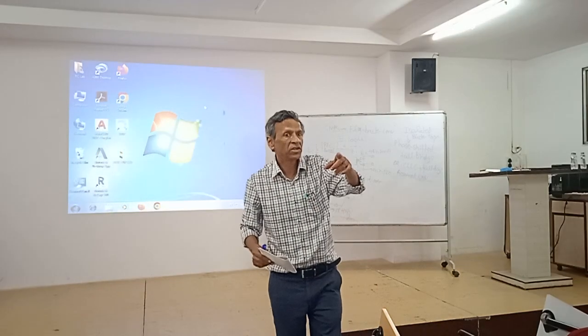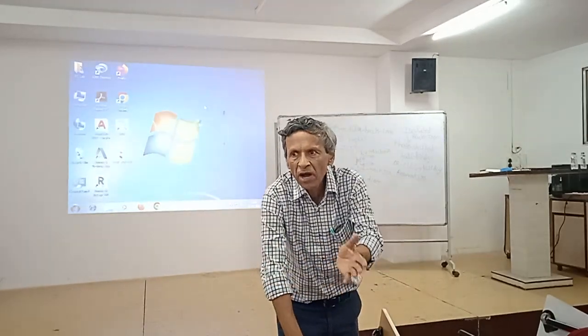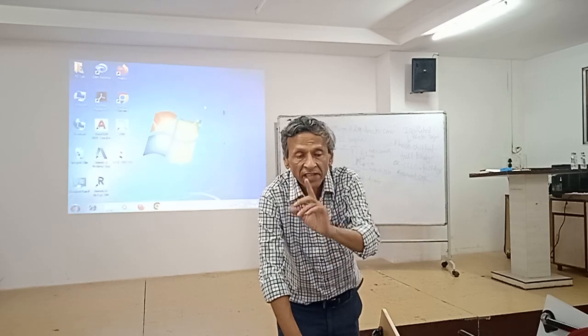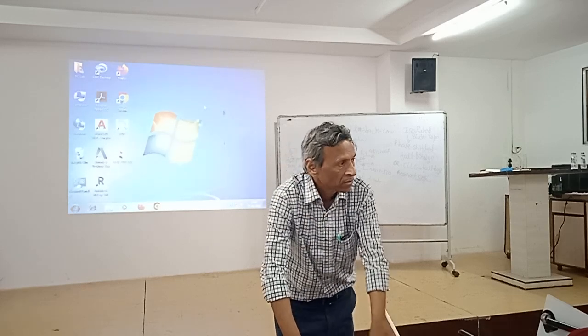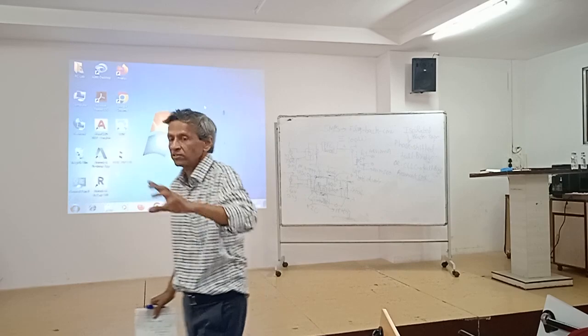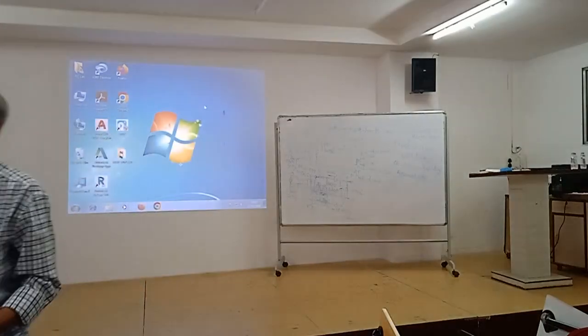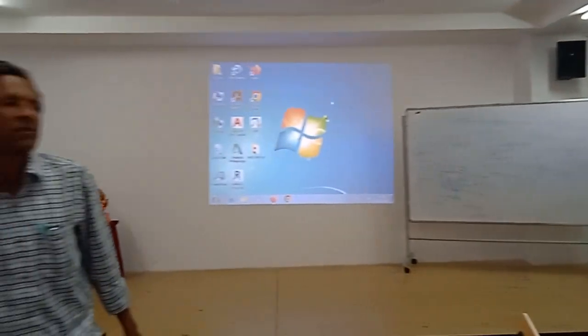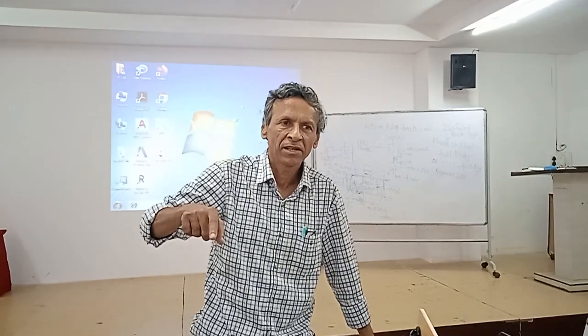Now another point you must remember, HF transformer means it is of ferrite core, powder magnetic core, there are various materials, but not iron core. One of the advantages is that the size of the filter capacitor is dramatically reduced. What is another advantage of high frequency for the transformer? Size is also reduced. There is a thumb rule. Core size is inversely proportional to operating frequency.